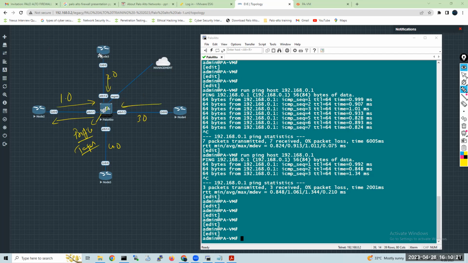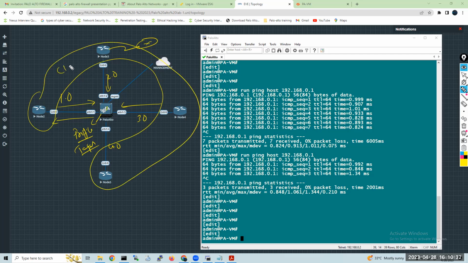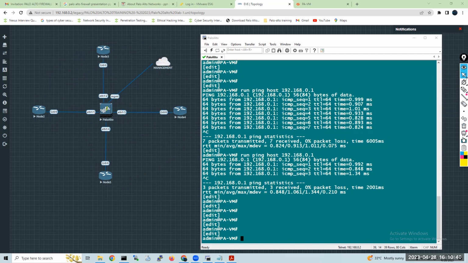So what about Cisco routers, guys? If you connect one more router here, this is a Cisco router, guys. All these things we are seeing here are Cisco devices. And this is the Palo Alto. This is a different company. Pawan, understood? Sir. Don't get confused. These devices, these routers, belong to Cisco, a different company. And this firewall I am using is your Palo Alto.